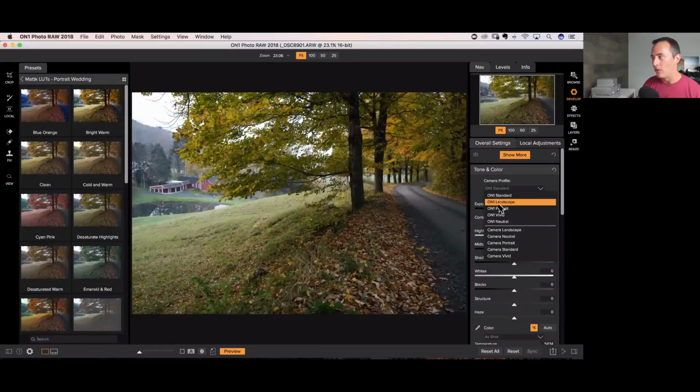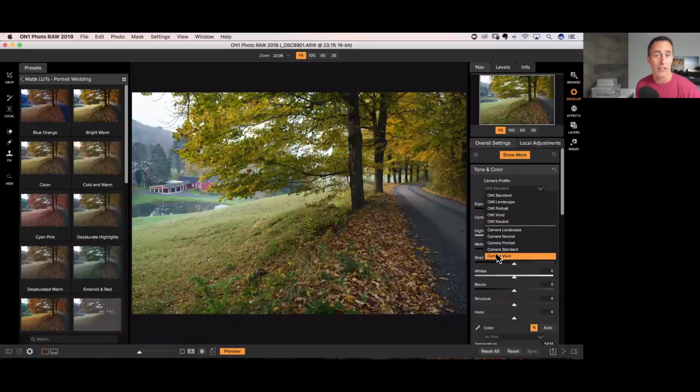Then what they've given you is some profiles that can give you some different looks for your photo, okay? Standard's usually gonna be fairly flat. And then you'll see some of the other ones, you know, landscape, portrait, vivid, neutral, will give you different looks, and the name is usually pretty self-explanatory. Then as we get down here, the camera ones, these actually relate a little bit more closely to profiles that